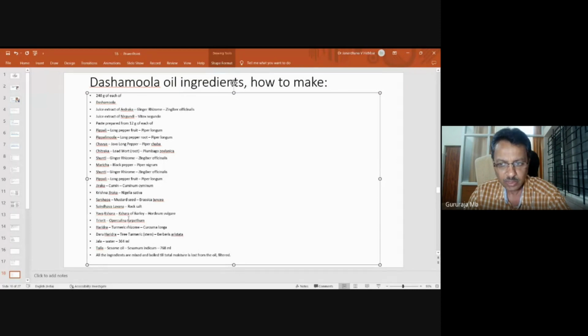And definitely Dashamoola is one of the best Vata Taila. When Dashamoola, Balashugandha Taila, all these are almost at the same level. Back to Raghuram sir's point, like practice. So regarding that meniscus tear and other things, the injury-related healing I was speaking about, since we spoke about Dashamoola,